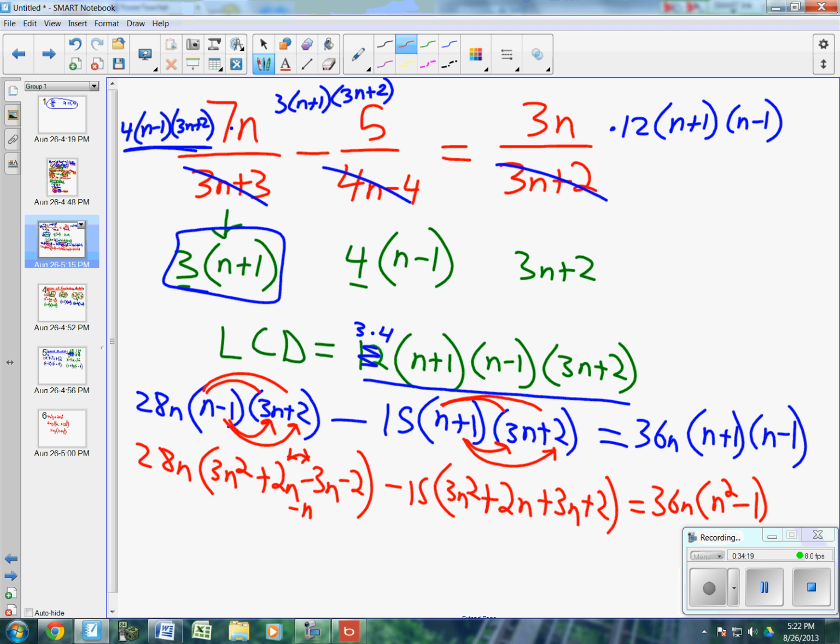So down here, when I distribute the 28n, I'm going to have 3 times 28. That is going to be, I believe, 84. 28 times 3 is 84. n times n squared is n cubed. And 28n times a negative n is going to be a negative 28n squared. And 28n times negative 2 is going to be a negative